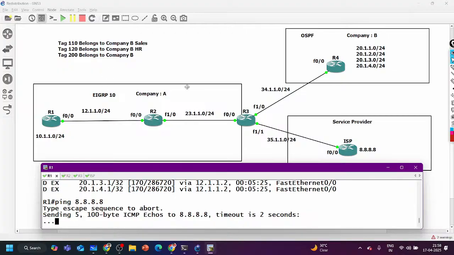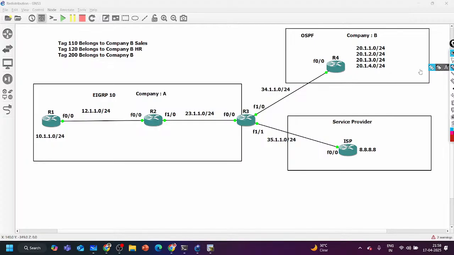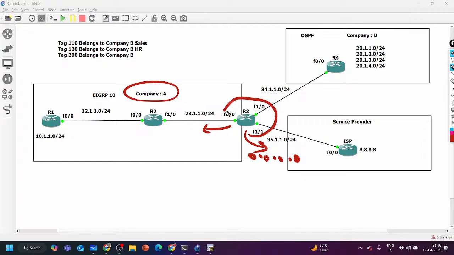Now you tell me, if I have 100 routers, on all the routers I'm going to configure a default route. But instead of adding the default route manually in the routing table of all routers in company A, you have the default route here and EIGRP is running here, right? So it is better to redistribute this default route into EIGRP.